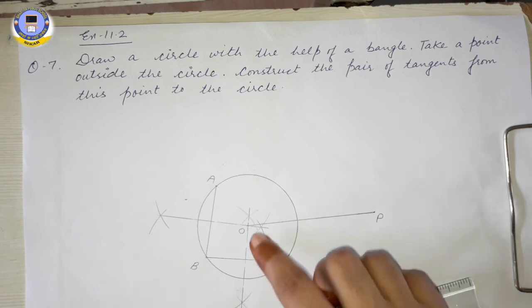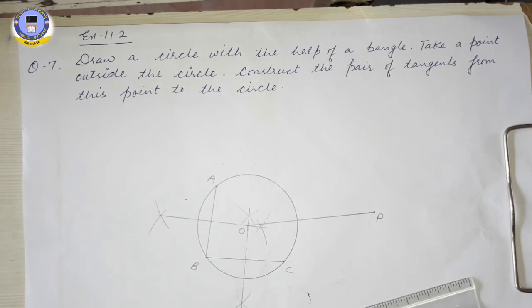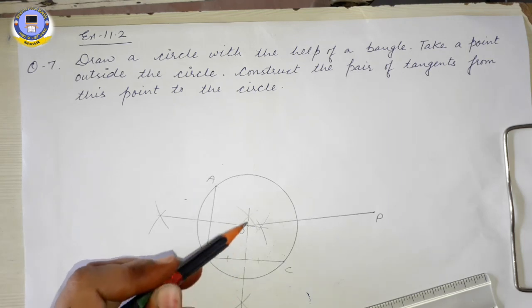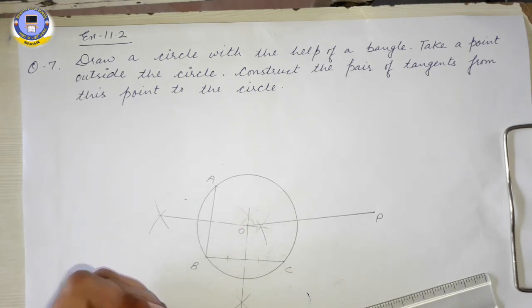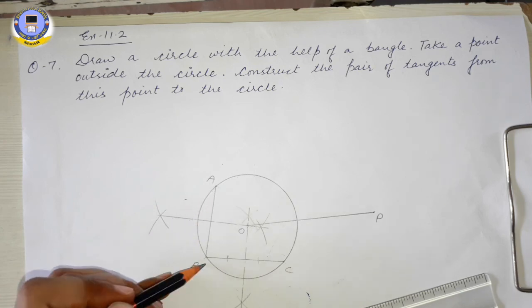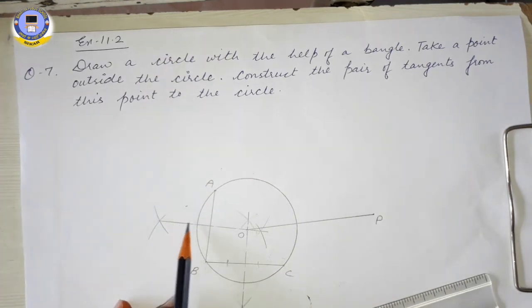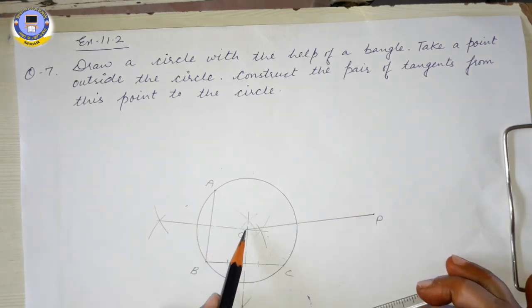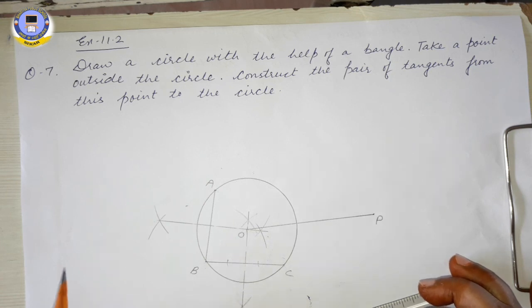Can you tell me why this point is considered the center? Because in 9th class we studied that the perpendicular drawn on a chord through the center bisects the chord. So here you have drawn the perpendicular bisector of the chord. So it is perpendicular, and it is also bisecting the chord. Then obviously this perpendicular bisector will pass through the center. In the same way you have drawn the perpendicular bisector of AB. It means this perpendicular bisector will pass through the center. The point where both these perpendicular bisectors intersect each other will automatically be the center of the given circle.